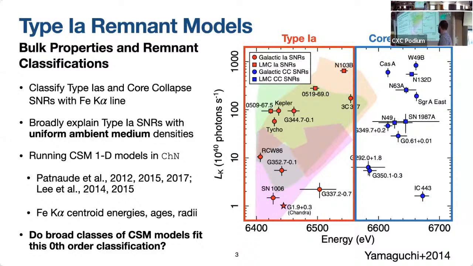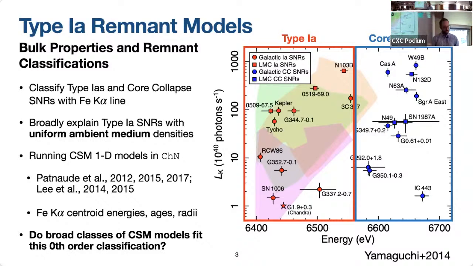If we find that there is a lot of interaction, then potentially our circumstellar medium might not work. It'll be too close to a core collapse, not a good Ia remnant. So how are we doing this? We're doing a sweeping parameter space study using 1D models in CHN, where we can model the hydrodynamics and the non-equilibrium ionization. And then we are playing with our circumstellar interaction. We're not just looking at the iron K alpha centroid energy, we're looking at other bulk properties, such as the ages and the radii of these remnants. And that's all to answer this question of, do broad cases of circumstellar interaction models fit this